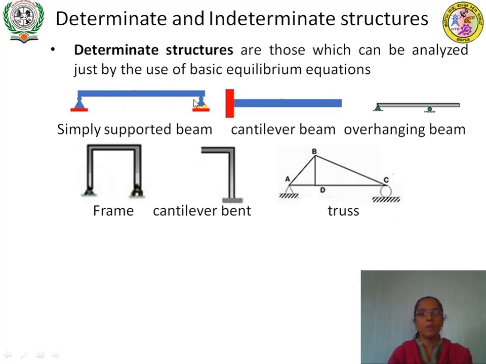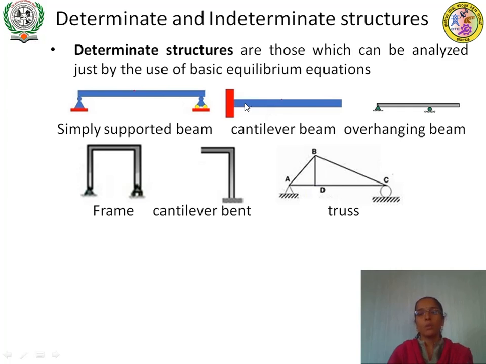Okay. So this is a simply supported beam wherein if you count the reactions, this is a hinged support and this is a roller support. Okay. So at the hinged end we know that there will be two reactive components, VA and HA, and at the roller support there will be one reactive component. So total number of reactions for this simply supported beam will be 3. 2 plus 1 is 3. So we have three equilibrium conditions and the unknowns are 3. So by using the three equilibrium conditions we can find the unknowns.